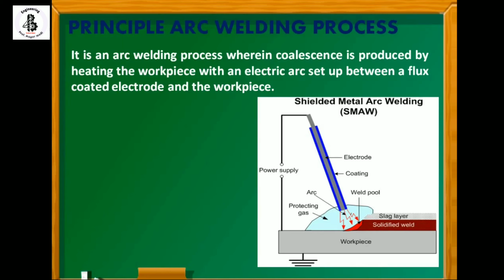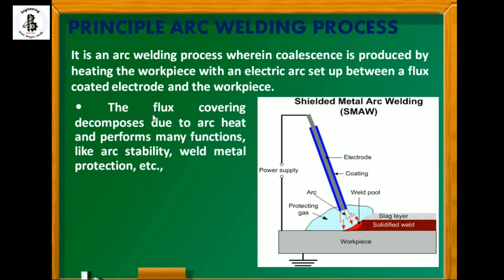By performing the welding process with these methods, just you can see, in this joining process there is the formation of a weld pool, and by the solidification of the weld, from this side it will be the solid portion, or you can say this molten form of the weld pool is now solidified to make a joint. At the top surface there will be the formation of slag layers, because here we are using a flux coated electrode. Due to the flux being present in the welding process, slag is formed.